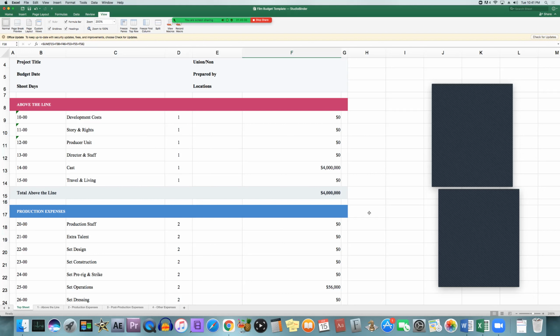So production insurance, all the different insurances that go into that, distribution, prices and costs,